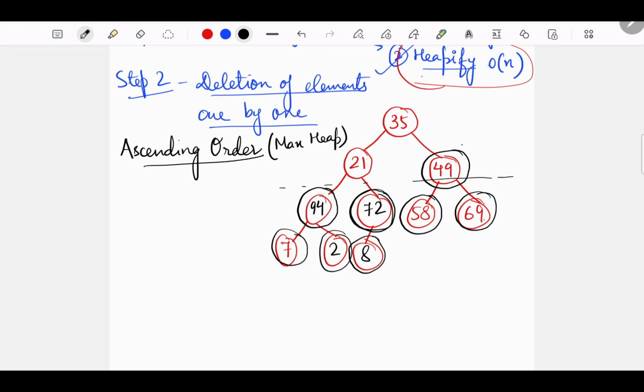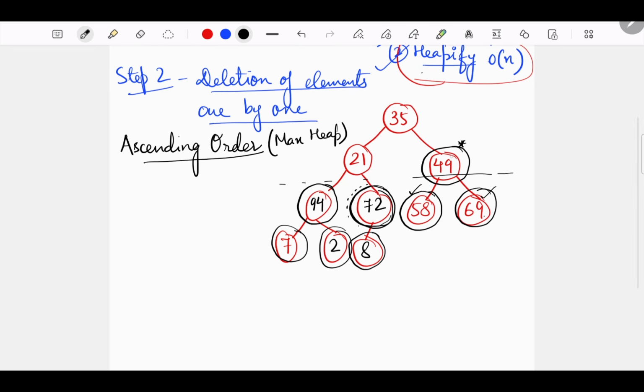Okay. Next node that we are going to see is this. Now when we are looking at this particular node, this is also visible and this is also visible, just like what happened with this particular node, correct? So now that these three are visible to us, we can see that it violates the max heap property. So we are going to replace 49 with the larger child. So this will become 69 and this becomes 49, correct?